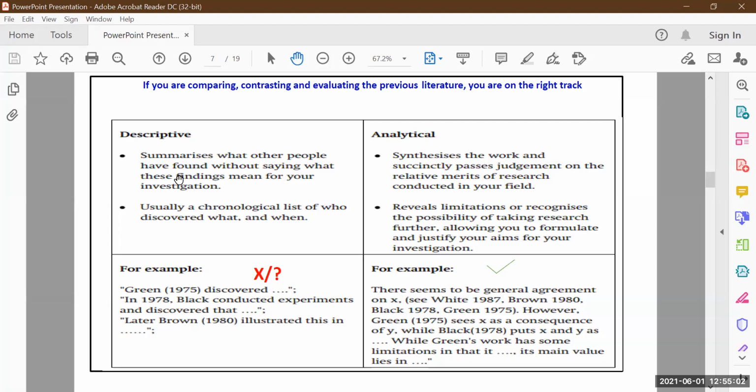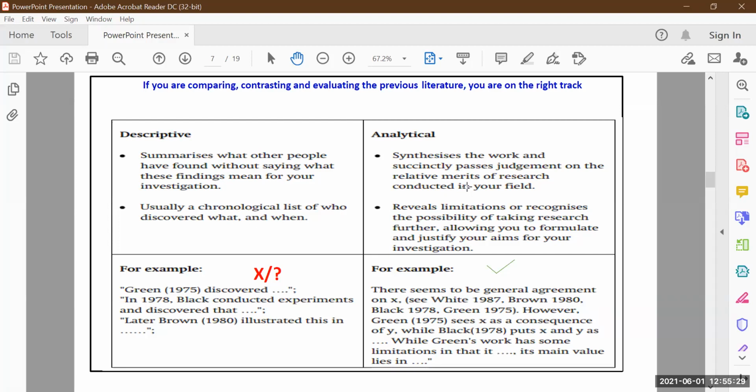Like in the descriptive, you are going to give only this and this. Someone has done this one. Okay. But here what are you going to do? In the analytical method, or way of doing the literature review, you are going to give your opinion. That means you have done this literature review in depth.